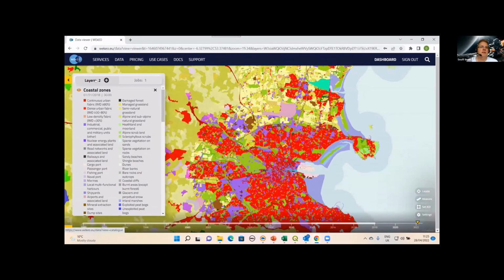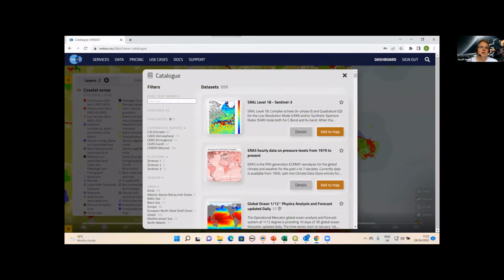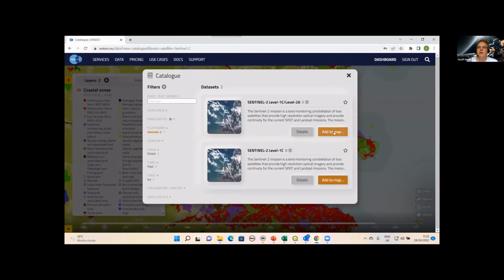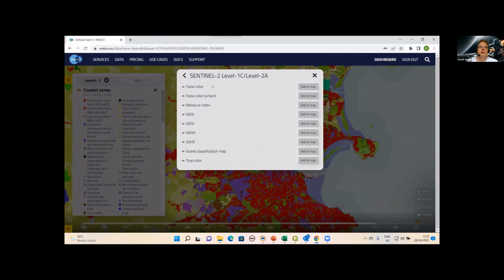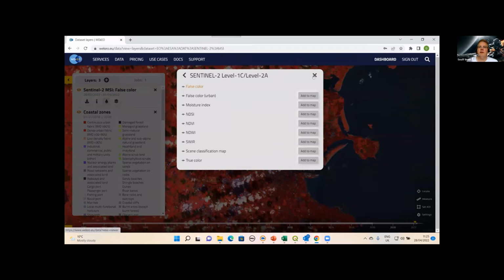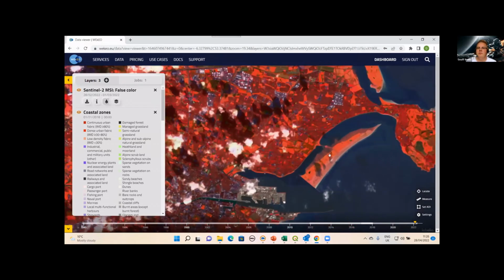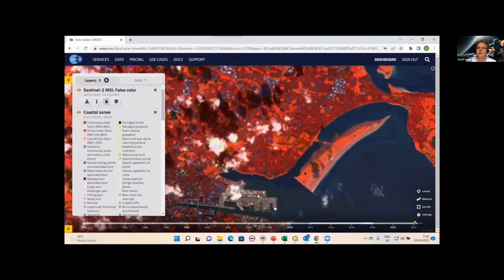And I'm going to just add one more data set just to show you, and that's going to be a satellite data set. So if we go to Sentinel-2 now, and we add that as a product, and just to show some difference, we'll add the false color version of that. And you can see here, here's an image of Dublin Bay in false color infrared format. So the red here is vegetated surfaces, and as we zoom in, you can see the darker surfaces are the water, and then in the port here, the bare surfaces are coming out grey.